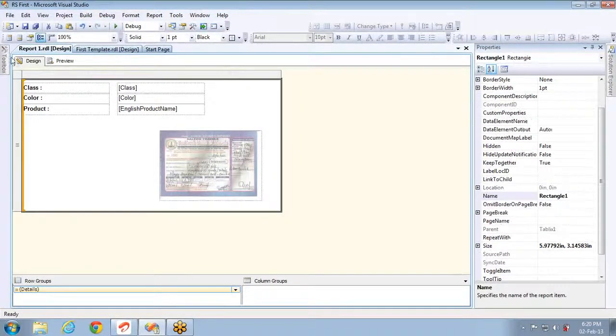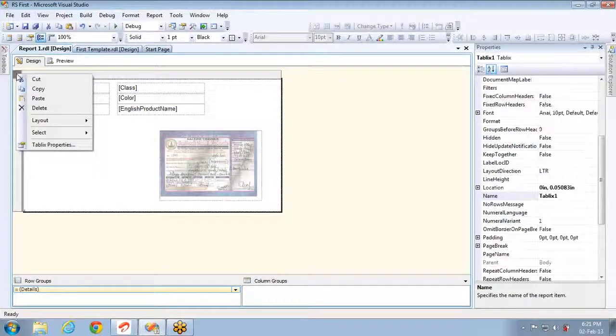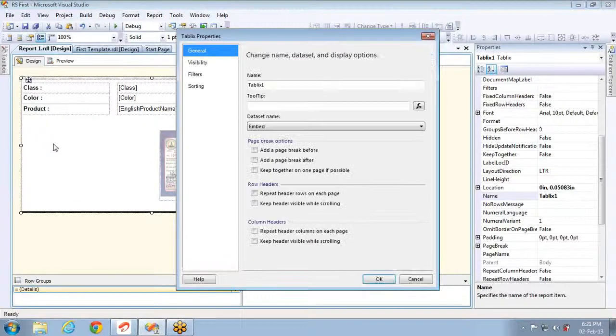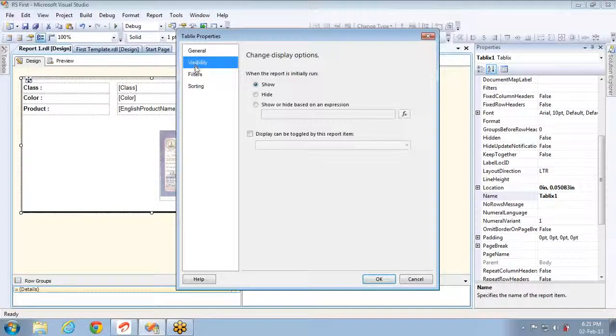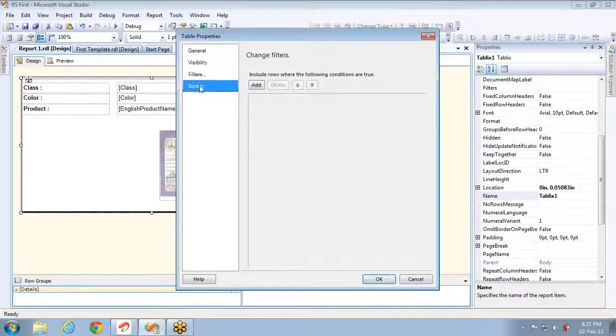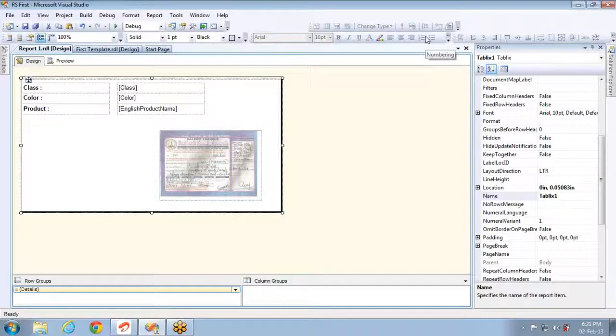You can try so many things, and if you see the properties, they remain the same as the Tablix properties, whatever we discussed in the last but one session or a couple of sessions back. We discussed page breaks, visibility, filters, and sorting. So you can see this is also a Tablix. Table plus matrix plus list forms a Tablix. Earlier there were different controls, one for table, one for matrix, and so on.